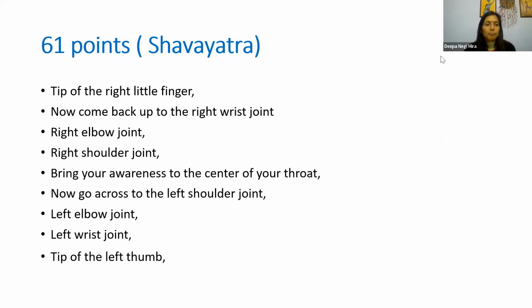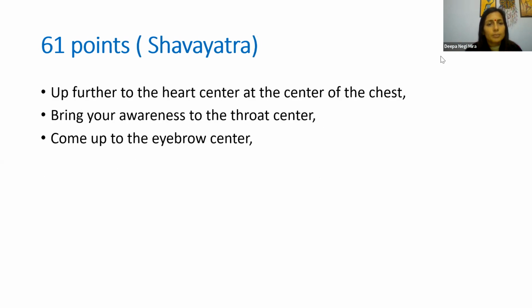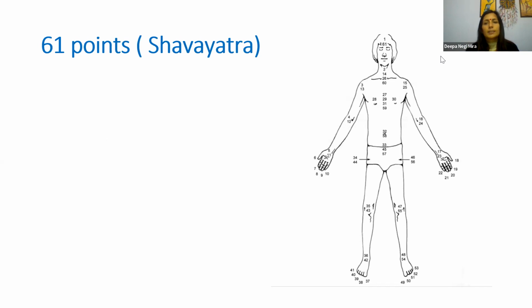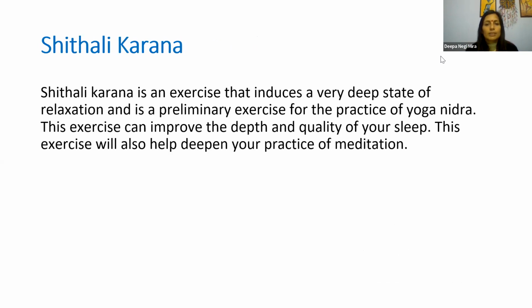Okay, so these are the 61 points, and we need to understand they are working with your joints, and they are working with your marma points. 61 points take so long sometimes, and we have 31 points of relaxation, and in those 31 points, we don't repeat them. Okay, so these are the 61 points, and then we are going for the next one, which is